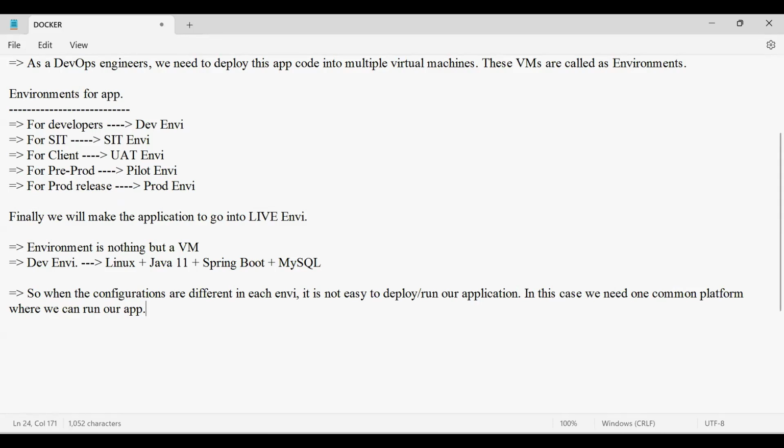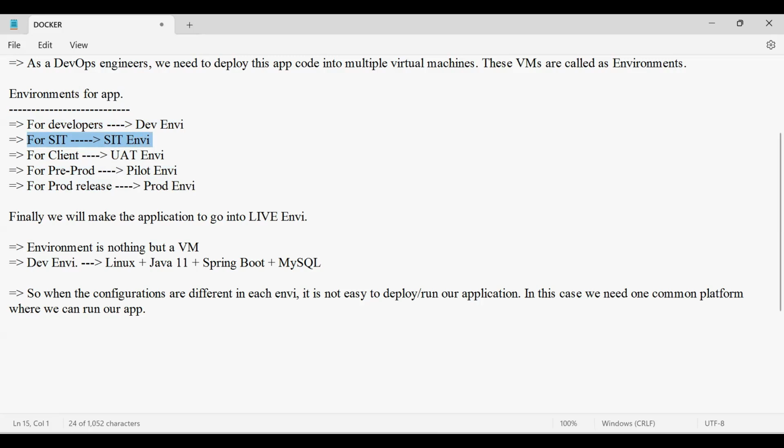So in real time, whatever project we build should be deployed into multiple environments for different testing purposes, so we will be having all these types of environments. Dev environment will be used by developers to perform the integration testing. SIT environment is used by the testing team to test the functionality of the application.